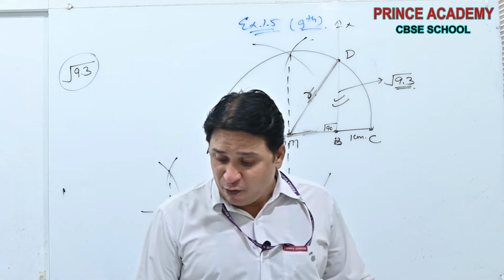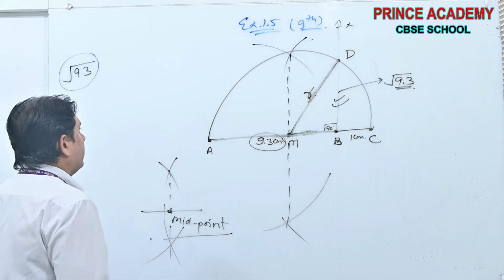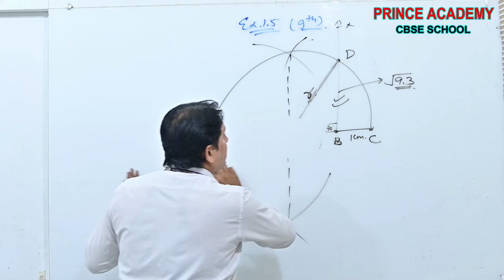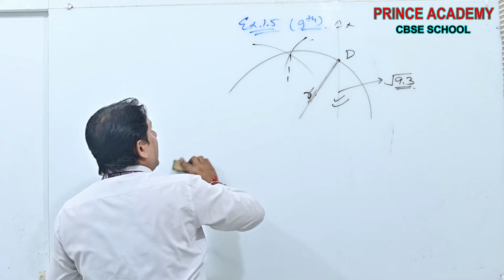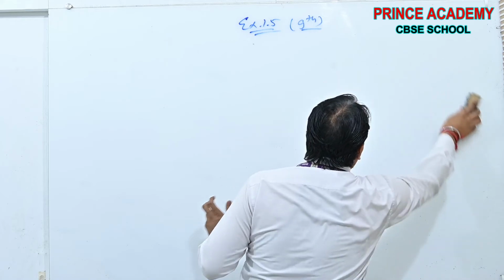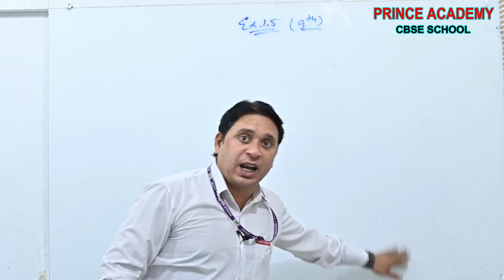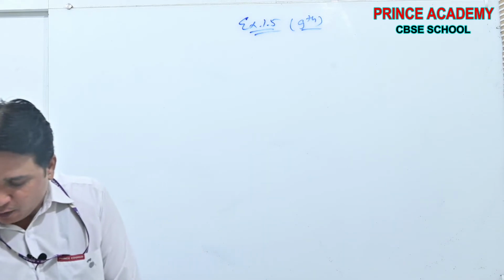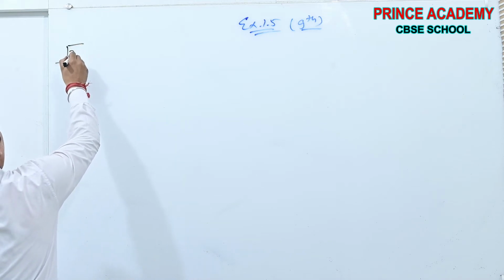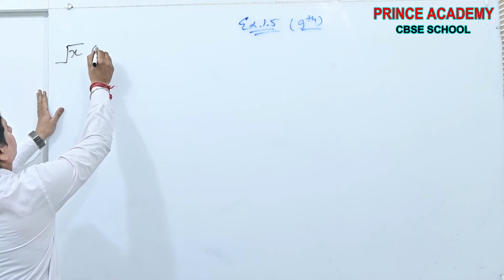Okay, now once again I am proving this. Right now I am proving this, beta. I am justifying my construction, don't worry. And this proof can be asked in the examination, beta. See, that's why I am taking so much time on this question. I am repeating this question the 4th time, beta, but with a different figure. Right now you all have to focus. Now I am telling you how to explain root x.